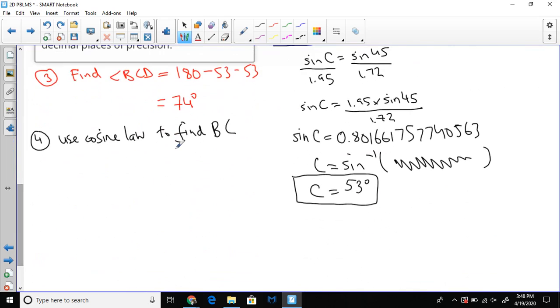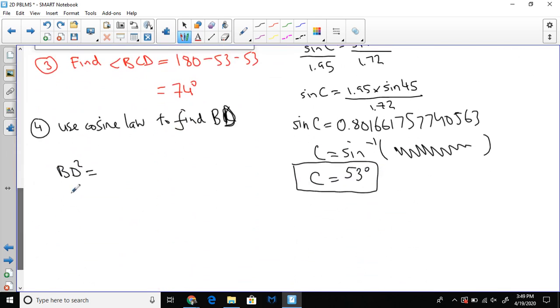I meant BD. Sorry about that. So BD squared is going to be, what are the side lengths again? They're the same, so 1.72 squared plus 1.72 squared minus 2 times 1.72 times 1.72,